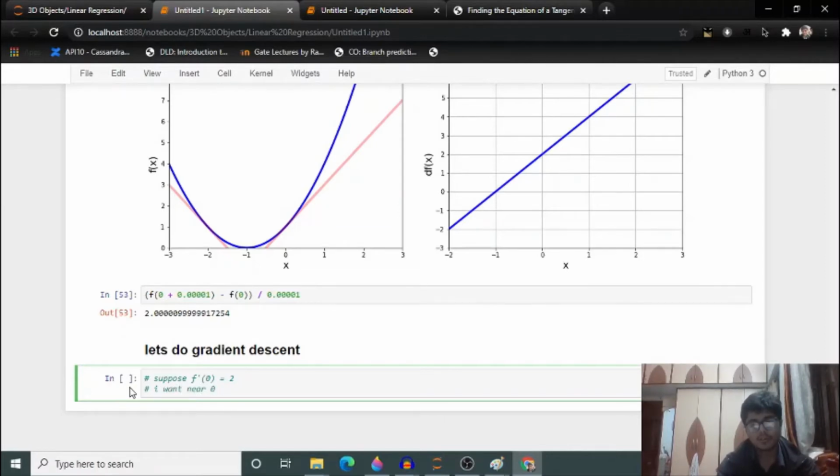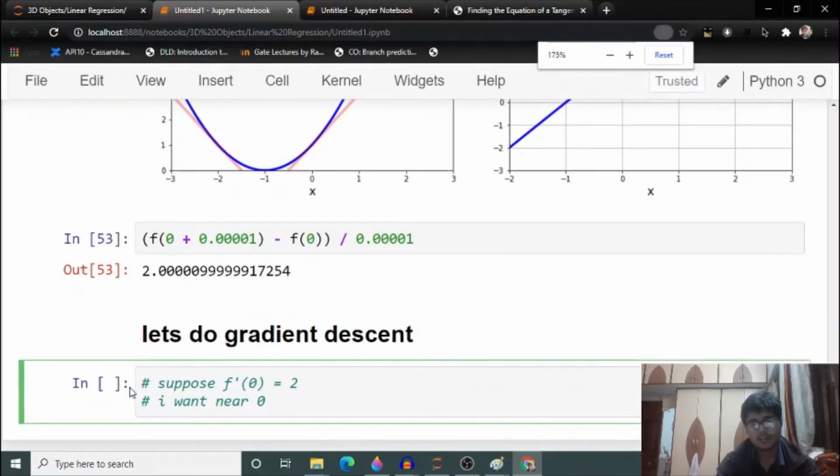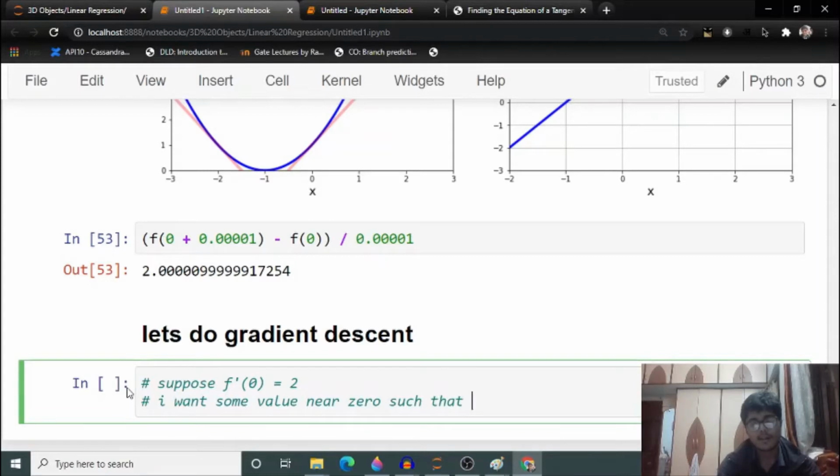I think I should zoom in now. I want some value near 0, such that for that value, f of value will be less than f of 0.